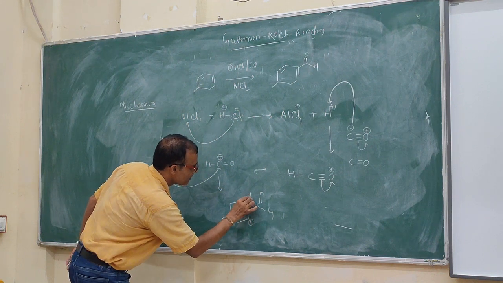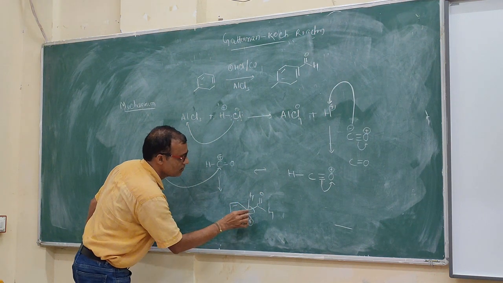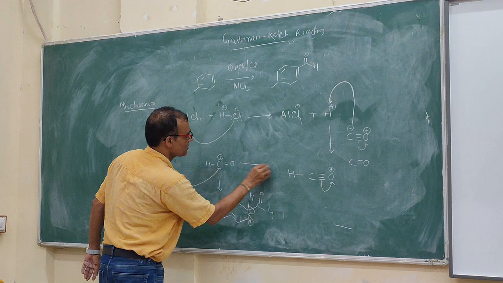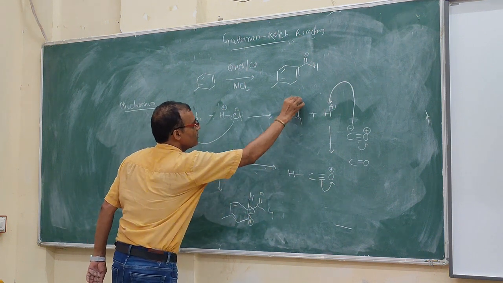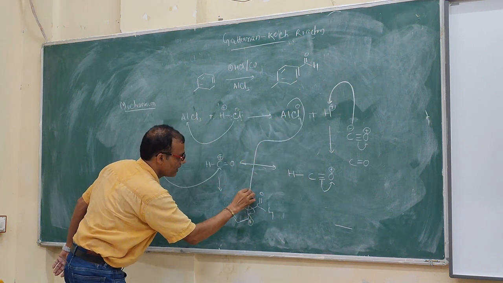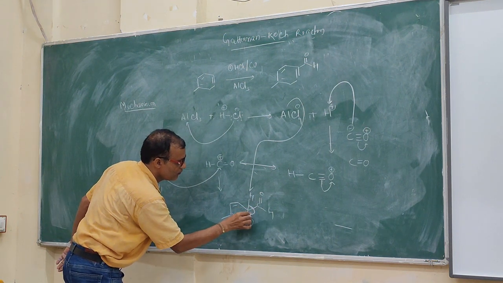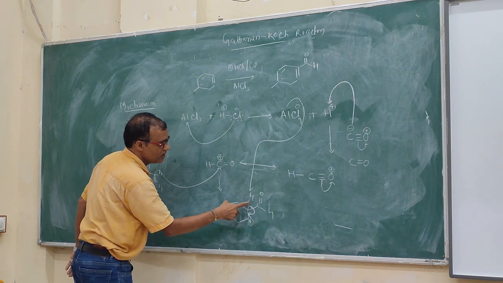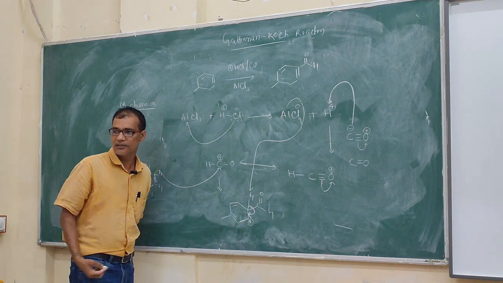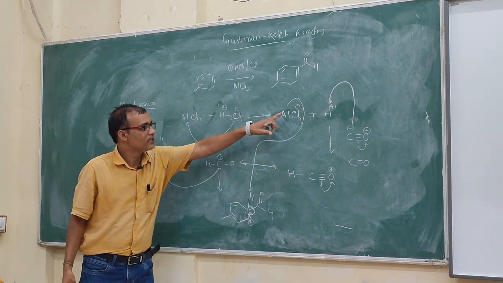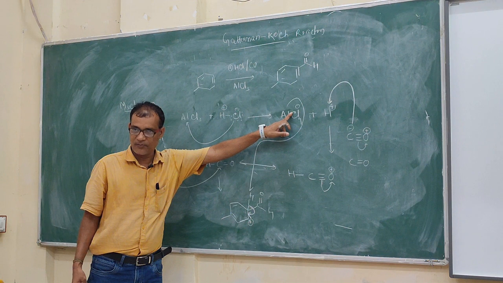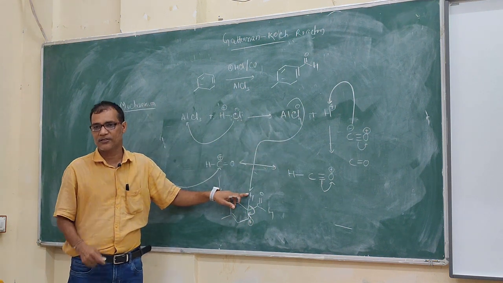So again, you lost this proton. How will it lose? You have AlCl4 minus. Am I correct? You have this fellow here. That fellow will take the proton. So this will be minus, this minus and a plus. They will form a bond, or directly I will migrate this bond pair to here. Clear? AlCl4 minus will take H plus.